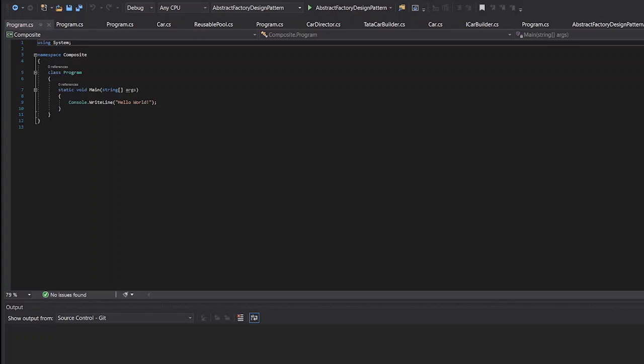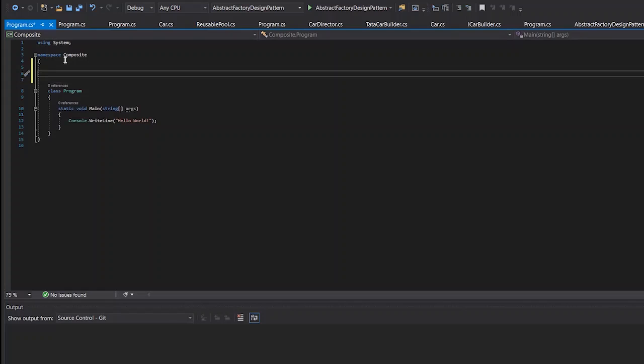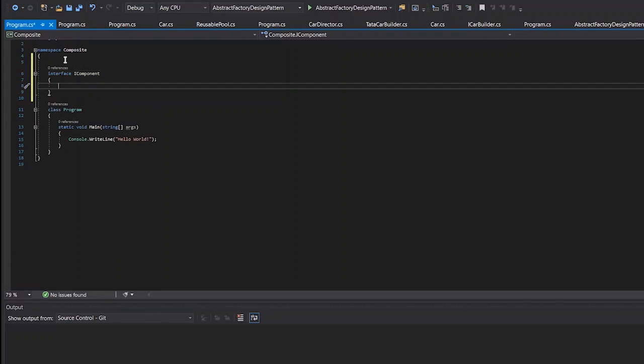To implement this, as we said, let's deal with this in terms of our directory file example problem which we discussed. First of all, we need to create our component interface. So let's create an interface, IComponent. Inside this, we will have our common operation, which will be present in both leaf and composite objects. So here, GetSize would be present. We will define it.